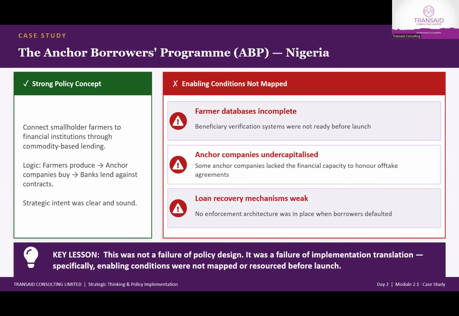Number 4, enabling conditions. You identify enabling conditions. These are the must-haves for the plan to survive. You map out the resources, tools, or permissions that need to be in place for the work to actually succeed. Without this, the plan is dead. Your policy is dead on arrival. So, for example, for the remote work plan to succeed, the enabling condition is that every staff member has a stable internet allowance and a functional laptop at home.